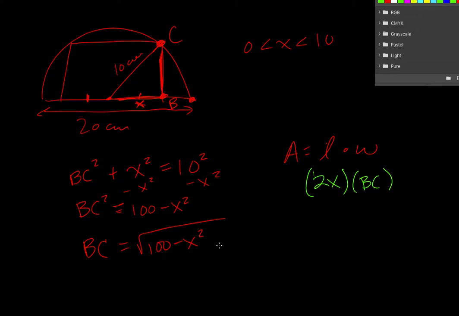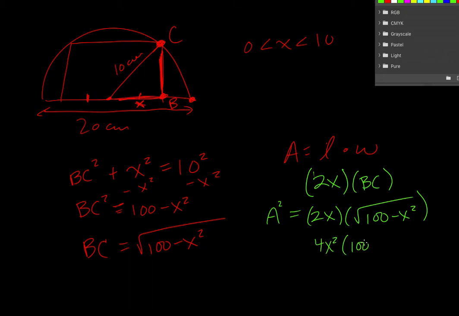Now we have an expression for BC, so it's going to be 2x times the square root of 100 minus x squared, and that's our area. And if we continue to simplify that, we can square both sides, and then we just square everything right here. So it's 4x squared times 100 minus x squared,